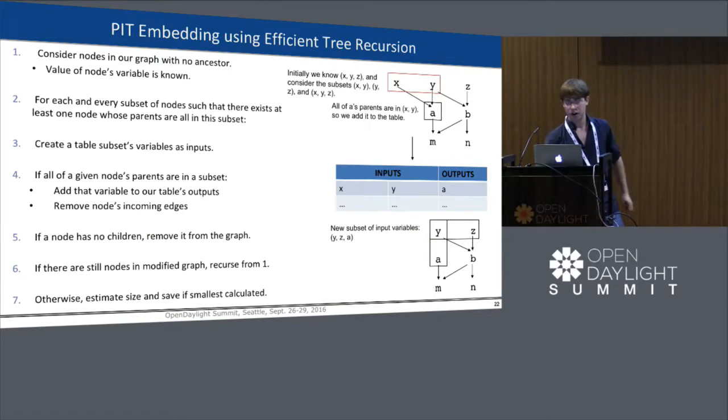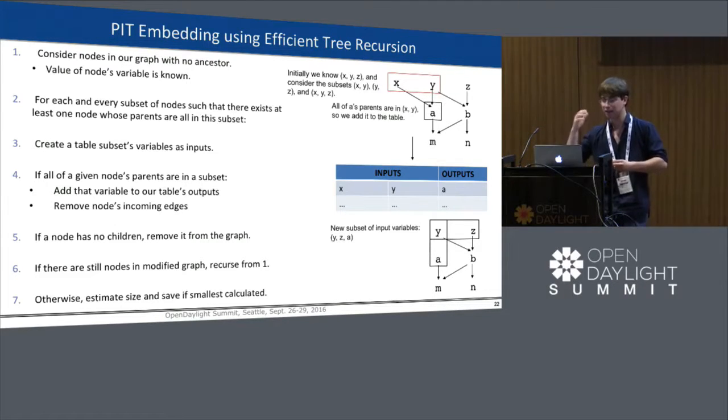Now, for example, if we pick the set xy, as shown in the diagram, all of A's parents are in x and y, so we'd create a table which takes an x and y and spits out A. We remove every single edge going into A, since we've already taken care of those dependencies in our list of tables. And x, which is disconnected from the main graph, is entirely removed to give us a new